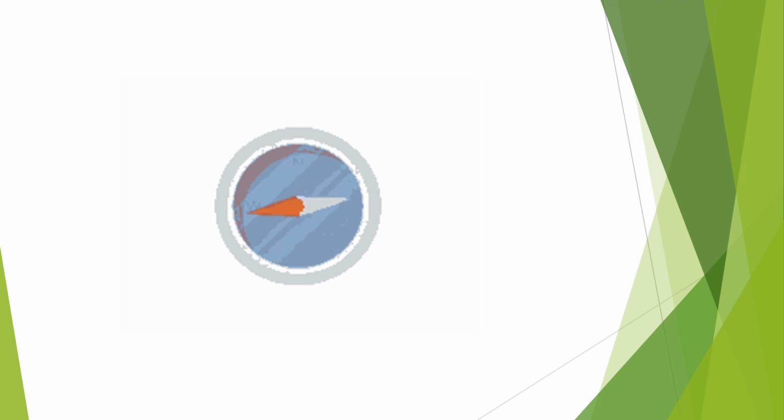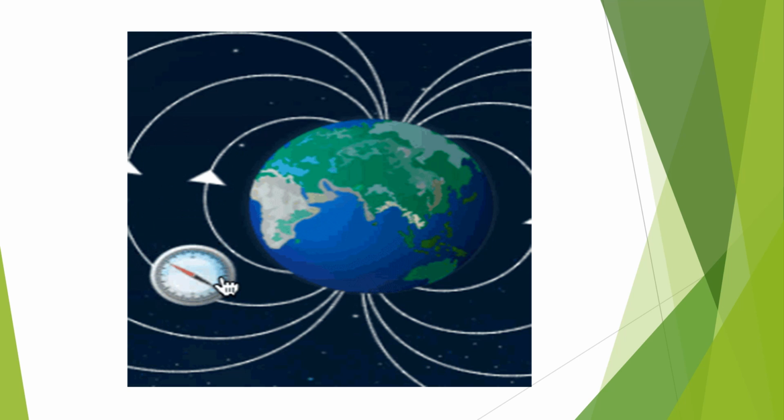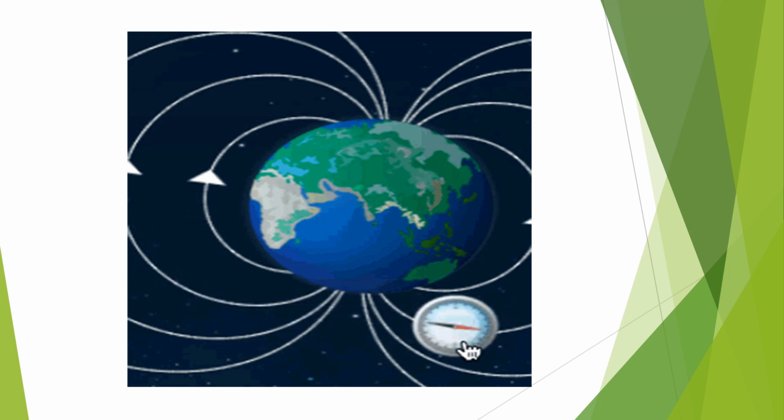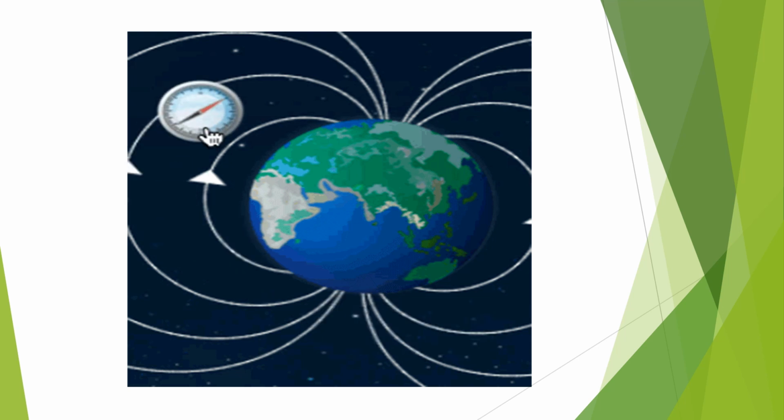We will do an experiment, but before that it's important for us to know what we are using in the experiment. We are using a magnetic needle. We know what a magnetic needle is. We have learned in the previous standard. It is a magnet which points out the directions to us. Okay. Now this magnet normally moves according to the magnetic field of the earth. It detects the magnetic field of the earth and shows deflection or movement according to that.